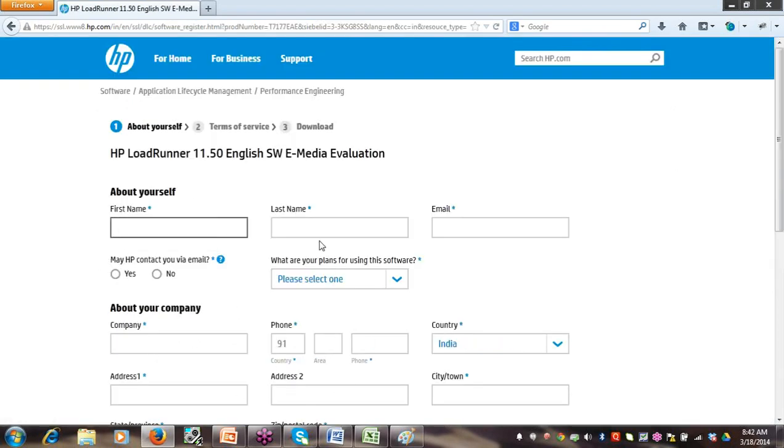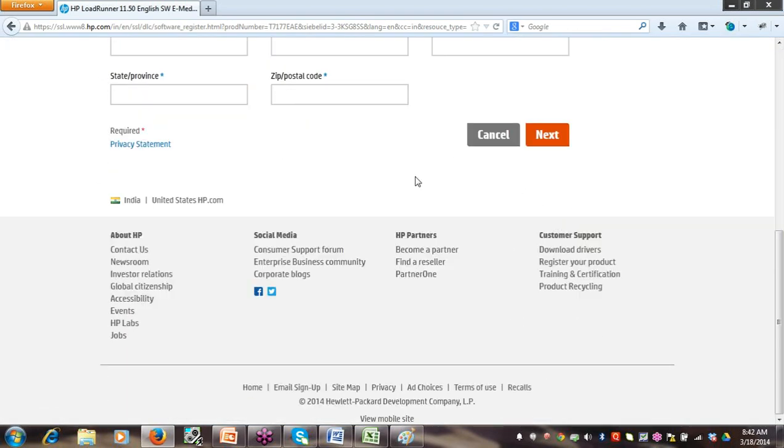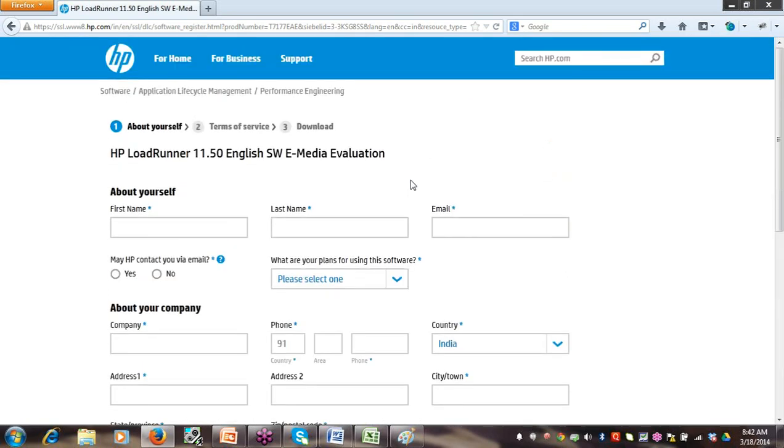You need to register yourself, and then the installation would start. Fill this up, accept the terms of service, and then you can download the software. Okay team, so this is the link. I hope you are clear on how we install the software.